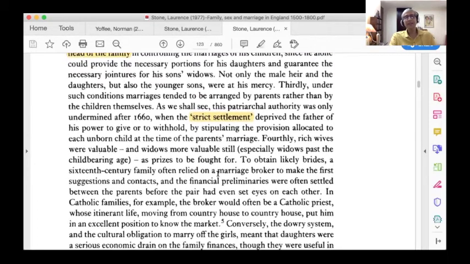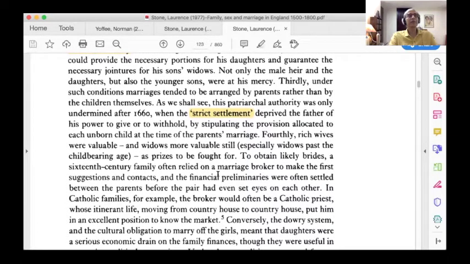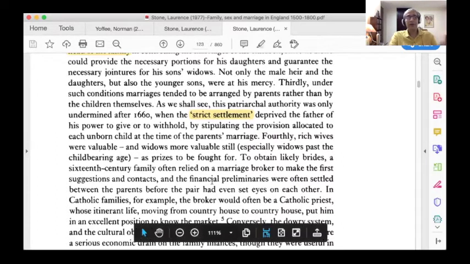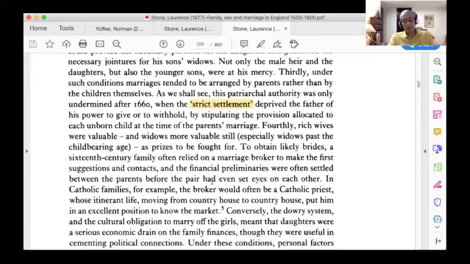So after 1660, laws were changed, and you had these settlement laws, which meant that even if you didn't inherit the land, you had a provision where everybody had a certain amount of guarantee. Every heir, or rather every child, could expect to have some portion of the property. So until 1660, younger children were at the mercy of their eldest brother, right, or the father.